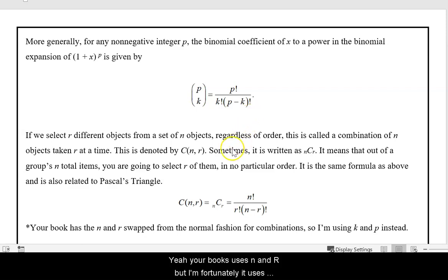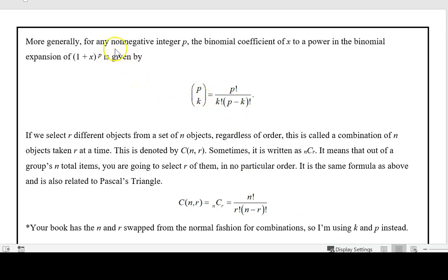Now, your book uses N and R, but unfortunately, it uses them in the reverse order from the normal fashion for combinations. And on the off chance that you're headed for statistics with calculus at some point, I don't want to confuse you. So instead, I'm going to use K and P in this section of the textbook. But again, what this means is that I have P number of total things, and I'm choosing K at a